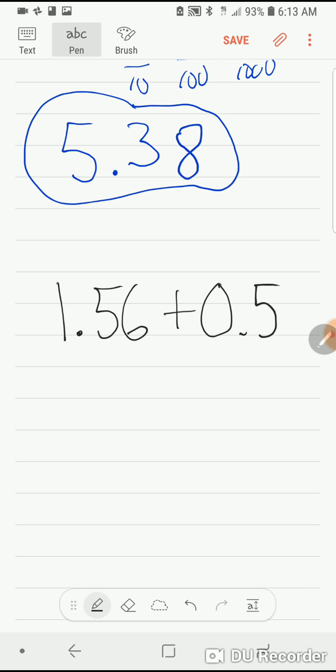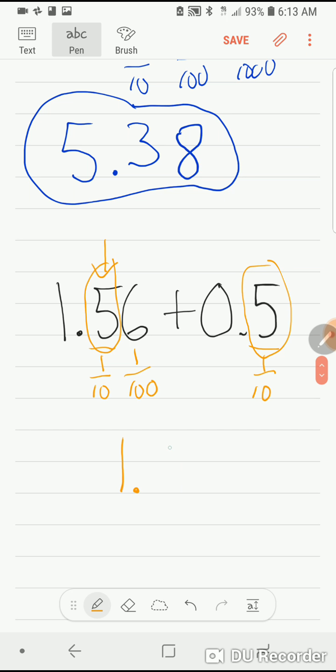If we are going to add these, remember, again, we have to know that this is the 1/10th, the only one I want you to memorize right there, the one behind the decimal. Then the 100ths. In this number, we have the 1/10ths. So, like terms tells us that we can only add tenths to tenths. So that's why we have to line up our decimal when we write 1 and 56/100ths,